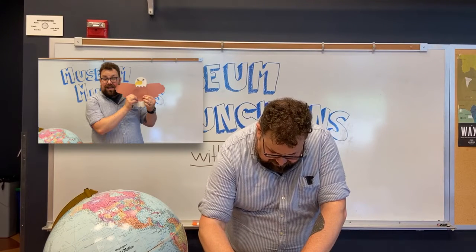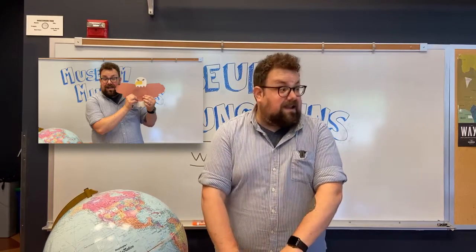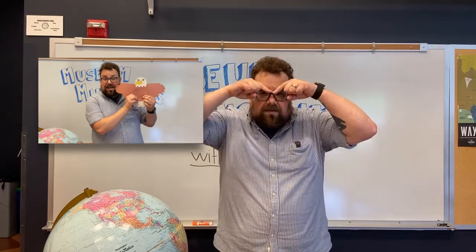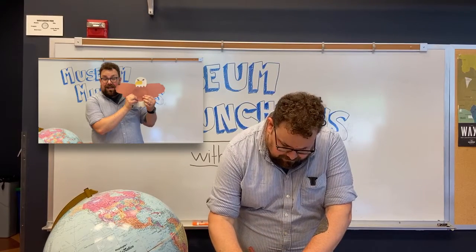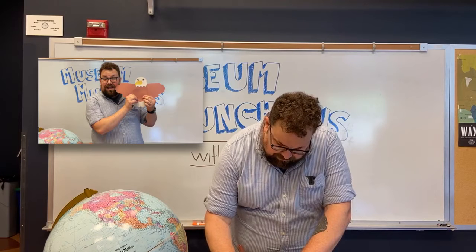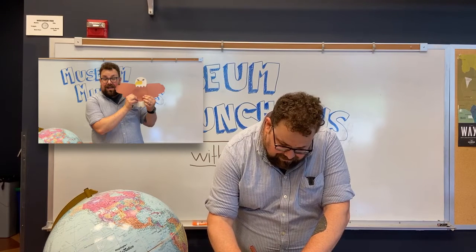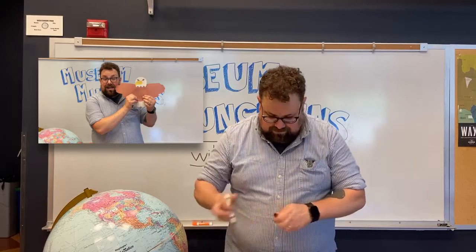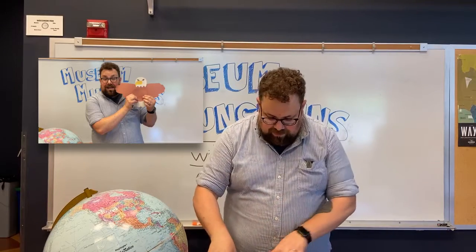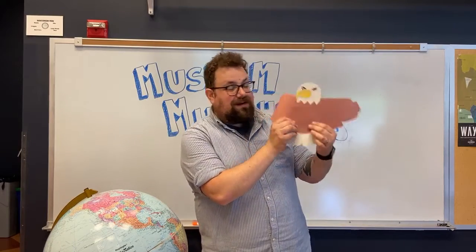And eagles kind of look like they're grumpy all the time, because the feathers above their eyes make their eyes go down like they're being a little bit grumpy. So I'm going to make my eagle look like he's a little bit grumpy. All right, and there we go. I used my hands to make some wings, and I made this cool bald eagle